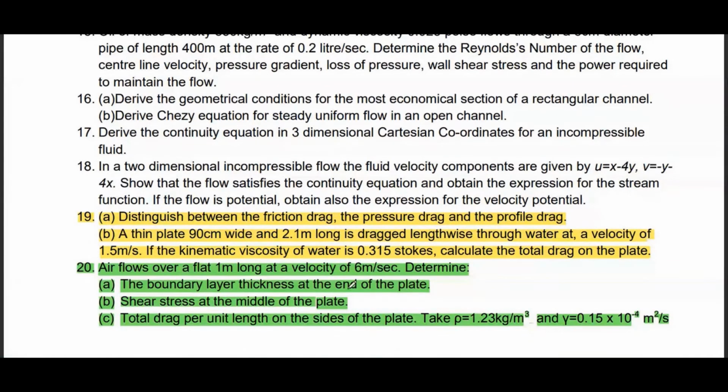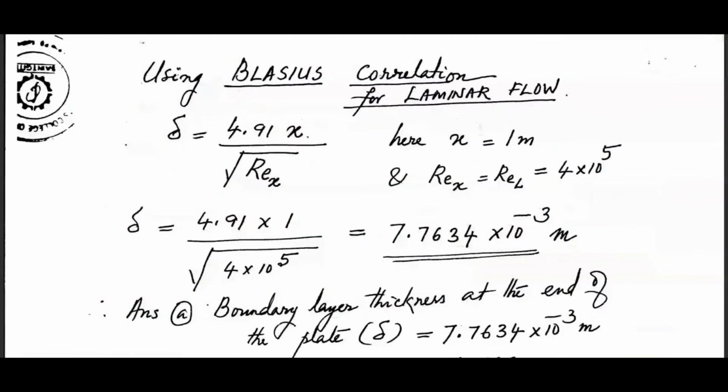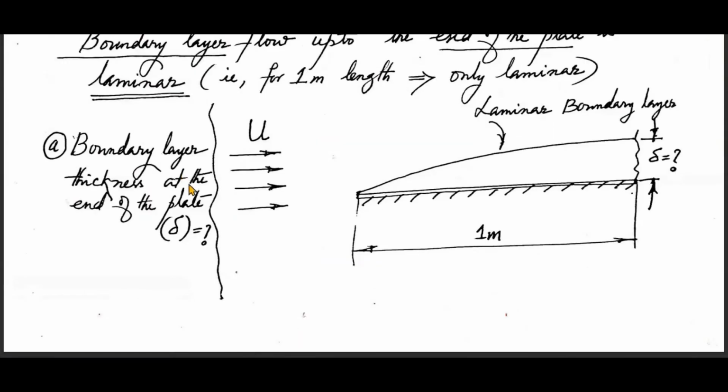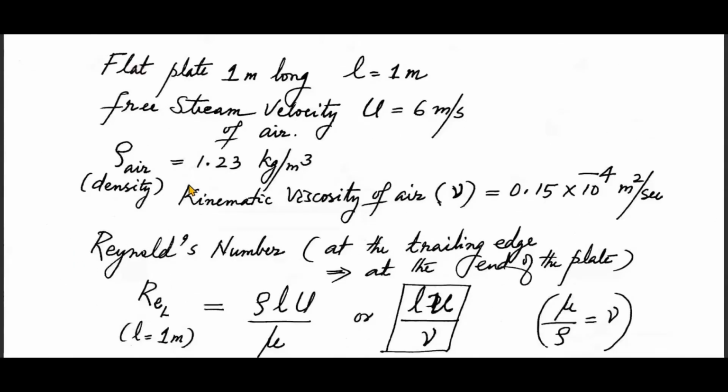Okay, we'll try to solve this question now. The flat plate is 1 meter long. As I told you, the width is not available. For calculating the coefficient of the drag force, you can consider it is of uniform width, 1 meter width also. So free stream velocity U is equal to 6 meter per second, density is 1.23 kilogram per meter cube for the air, and kinematic viscosity is available in SI units itself.